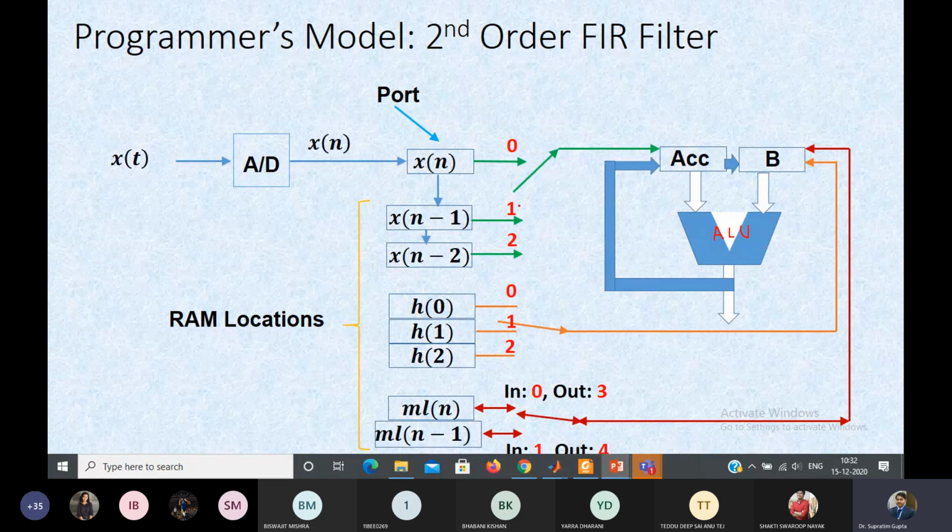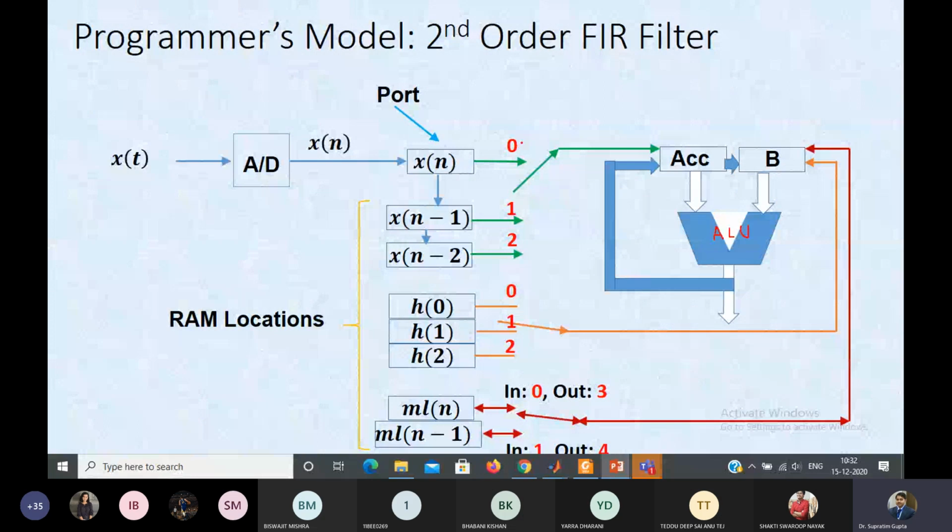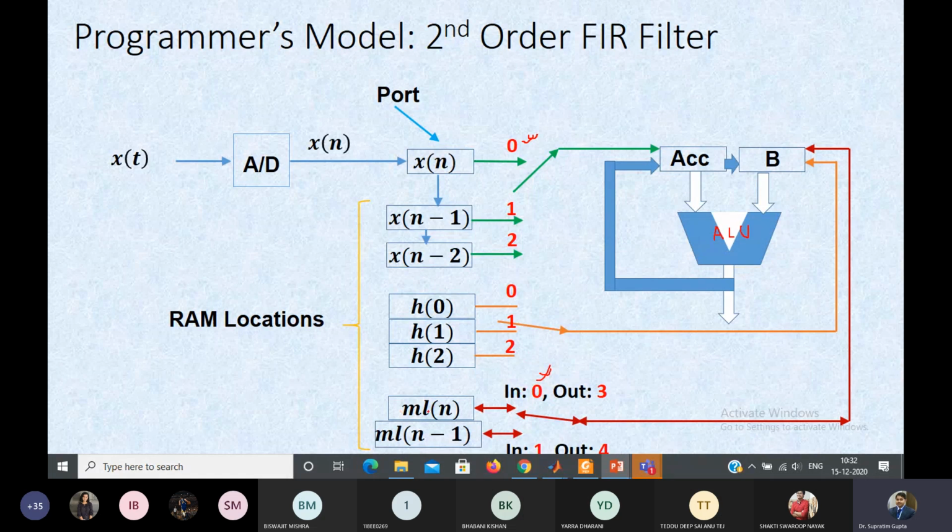So single ALU, so we have to do this operation sequentially, one at a time, right? First we move this xn to the accumulator. We bring h0 into B and use the MUL AB operation. We save this result, say to mul n. This is the 0th activity, and it is also the 0th with respect to this register, so the result will be saved into this register. When xn into h0 is saved in mln,